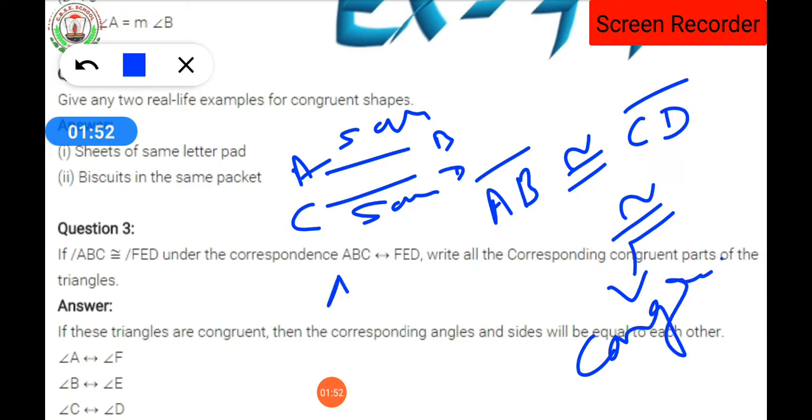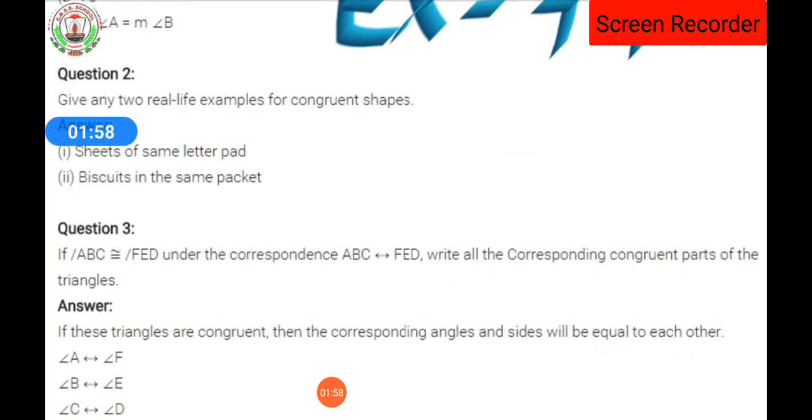As we have the triangle notation, the angle notation, the perpendicular notation, in the same way we have a notation for congruence. This is the notation. Clear? So two lines are said to be congruent when they have the same length. Clear? In the same way, we look at when two angles are congruent. These are the basic things which you have to study in chapter number 7.